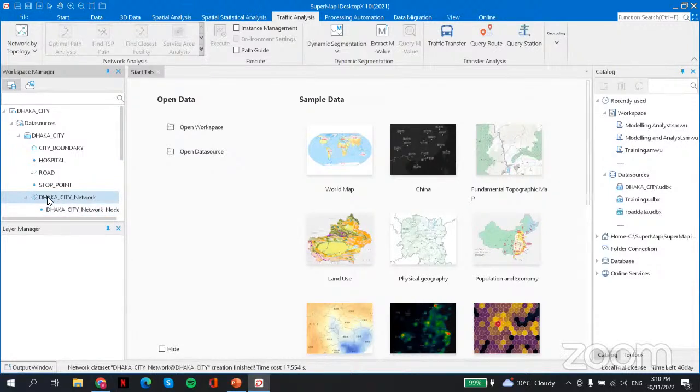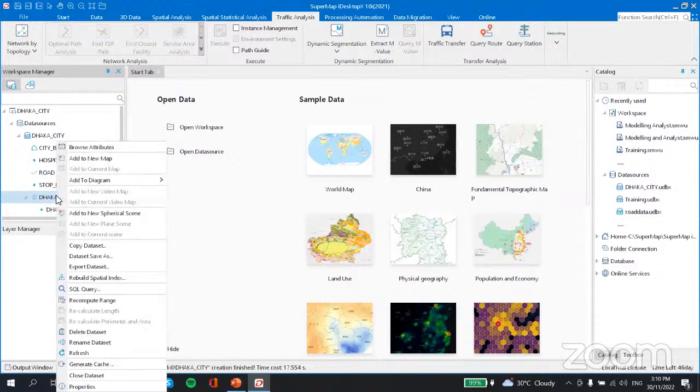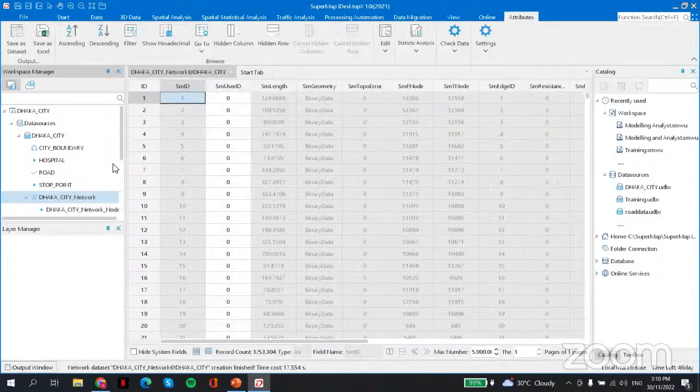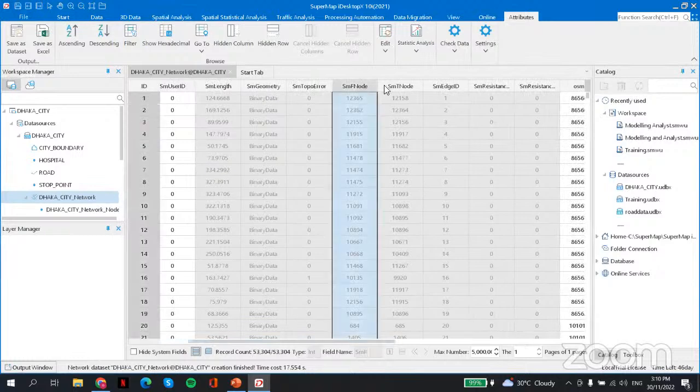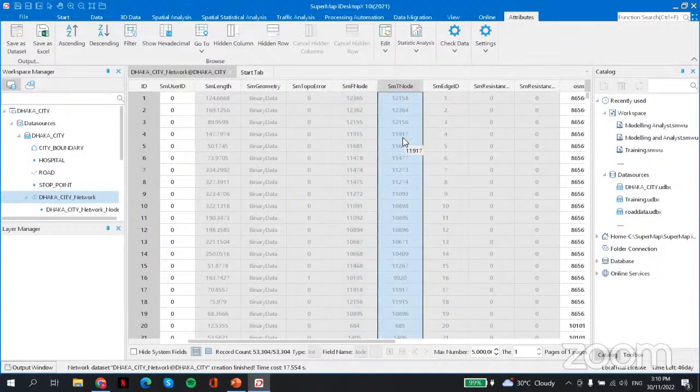You can browse the attribute table, and you can see here we have two different nodes, SMFNode and SMTNode, where SMFNode is the from node and SMTNode represents the to node.